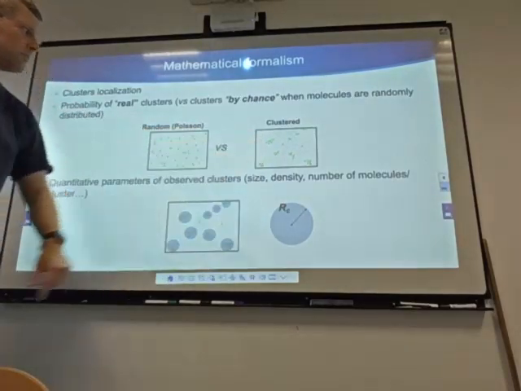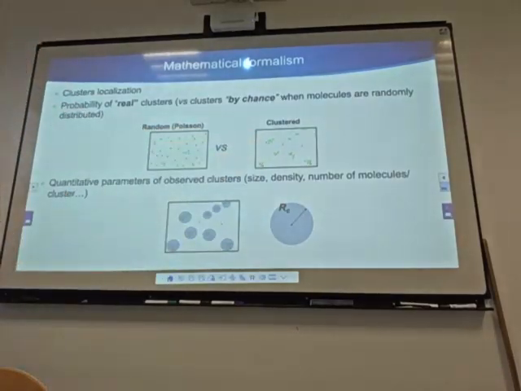It is a difficult question to know whether you have a real cluster or just a cluster by chance for randomly distributed objects. And the last question is, you want to quantitatively describe your clusters: the size, the composition, the number of molecules per cluster, etc. So these are the 3 main questions